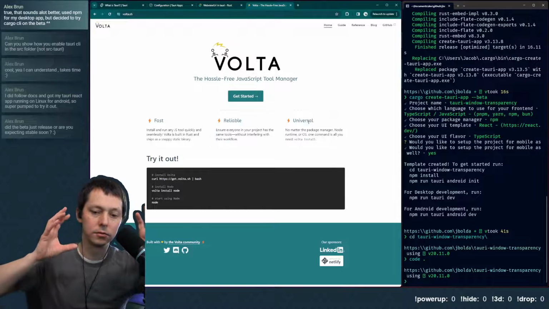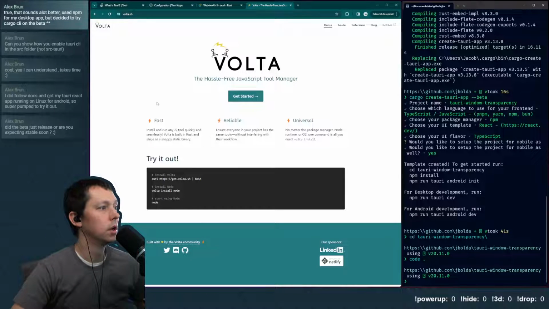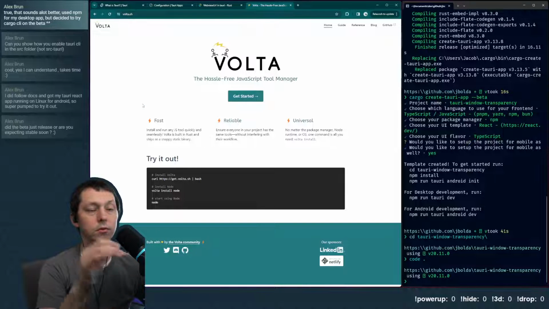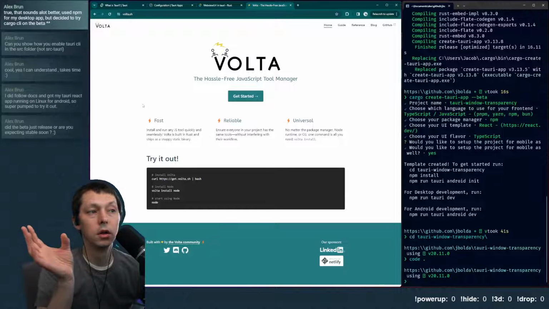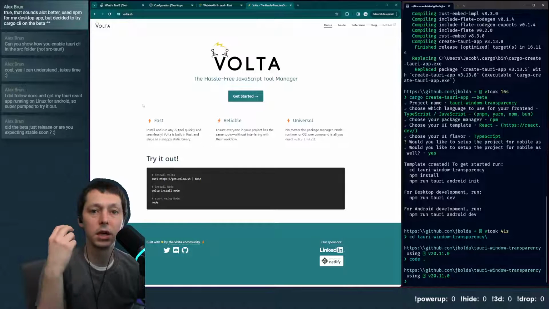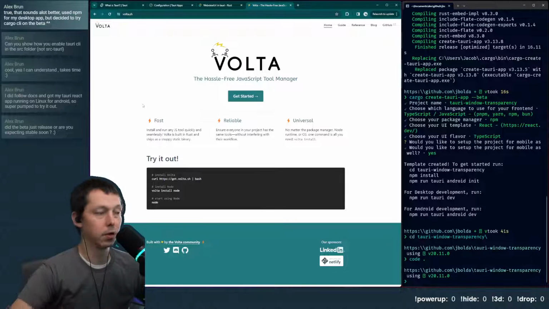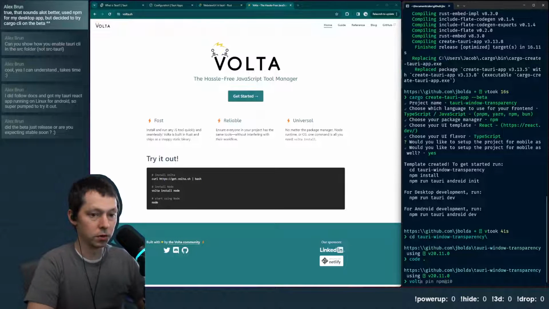But when I have a scope that fits within Volta, it ends up being really nice, because Volta allows you to do global installs that are separate from, or not specifically tied to, the version of Node that you've installed. And it allows you to bake in both the package manager with version and the Node version into the same command structure. Similar to NVM, if you're familiar, it does that on kind of a whole other level. So what we're going to do is we're going to say,